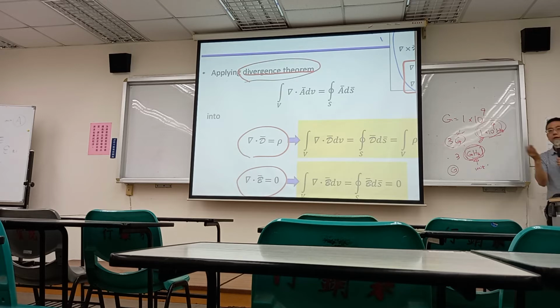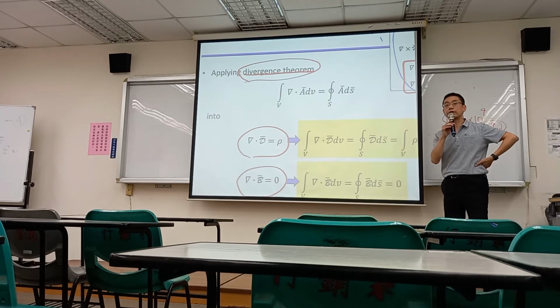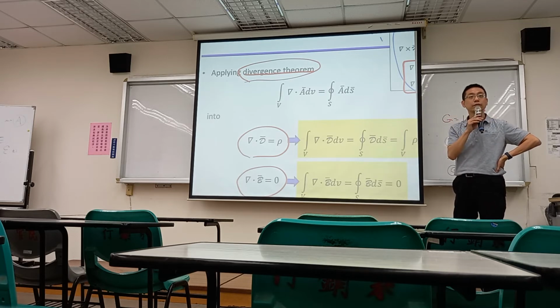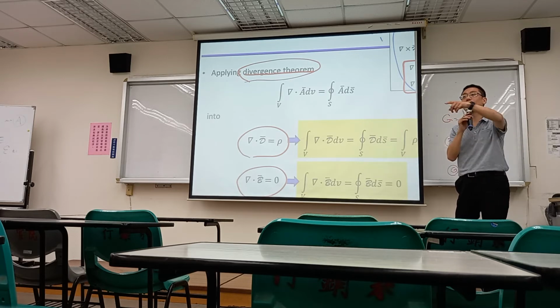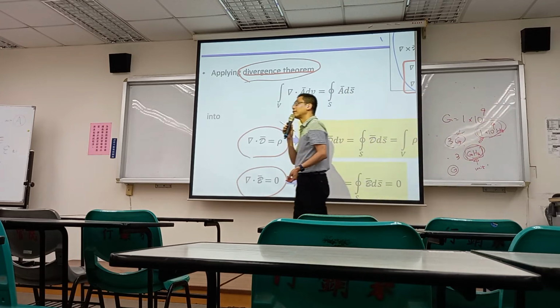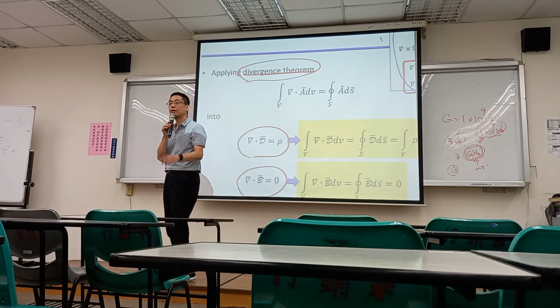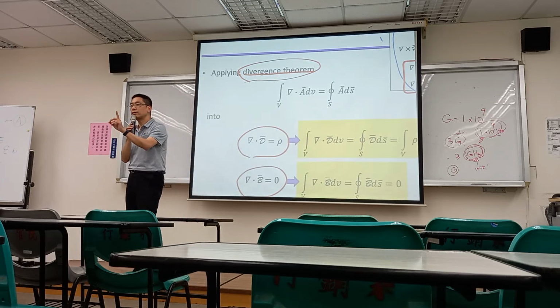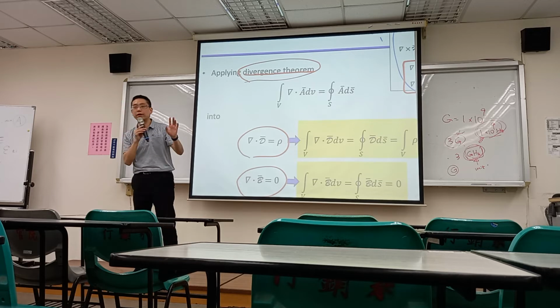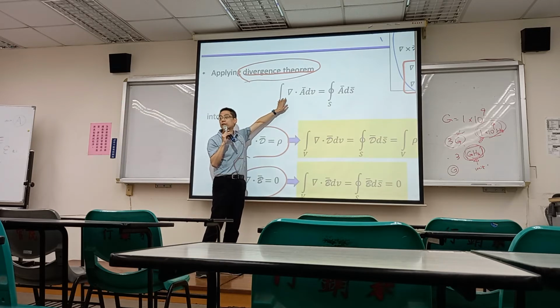Divergence theorem. For the appendix, anyone know what is appendix? Do you know? You know, but appendix, what is appendix? 附录. Okay, you can check there is a part of appendix that is talking about vector identity. They have a lot of equations of the vector